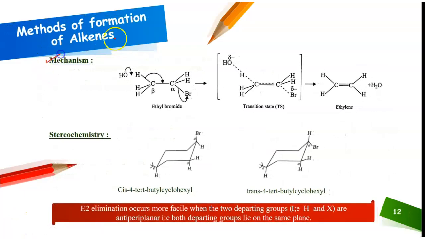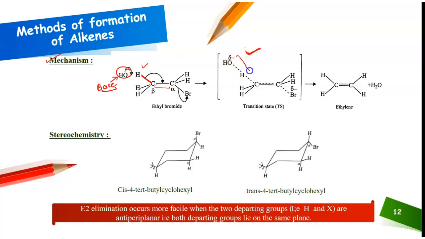So over here you can see the proper mechanism of your dehydrohalogenation, where your OH negative is your base. Okay, the base's job is to abstract the proton. So as the base, that is hydroxide ion, begins to abstract the proton from this beta carbon atom, which is next to the carbon having a halogen atom attached to it, this sigma bond between your carbon and hydrogen will begin to break, and a new carbon-carbon bond will begin to form. Okay, this is a simultaneous process, so it leads to the formation of this particular transition state,